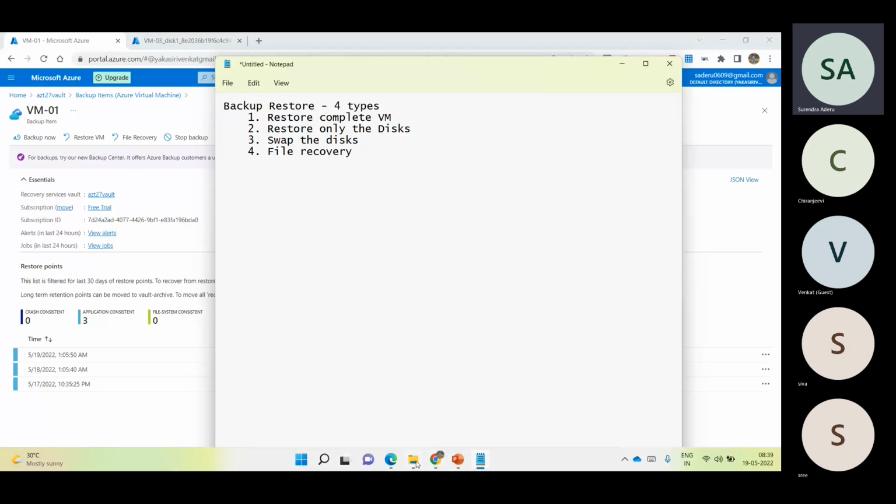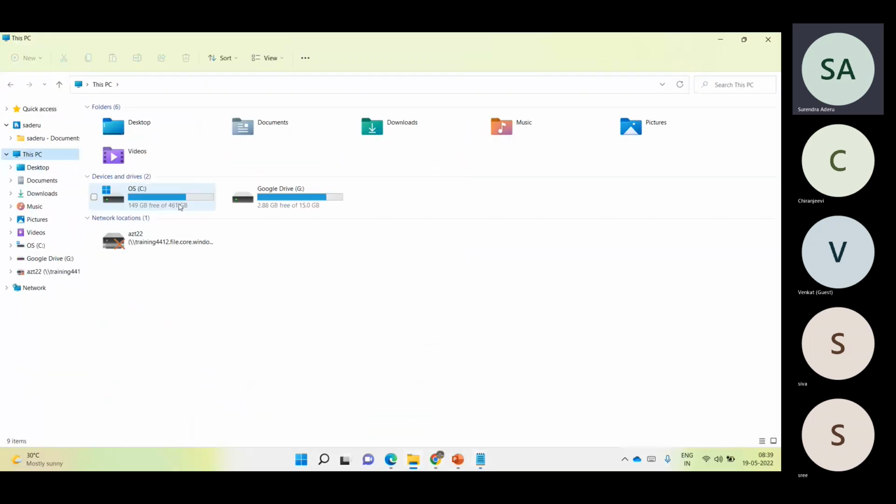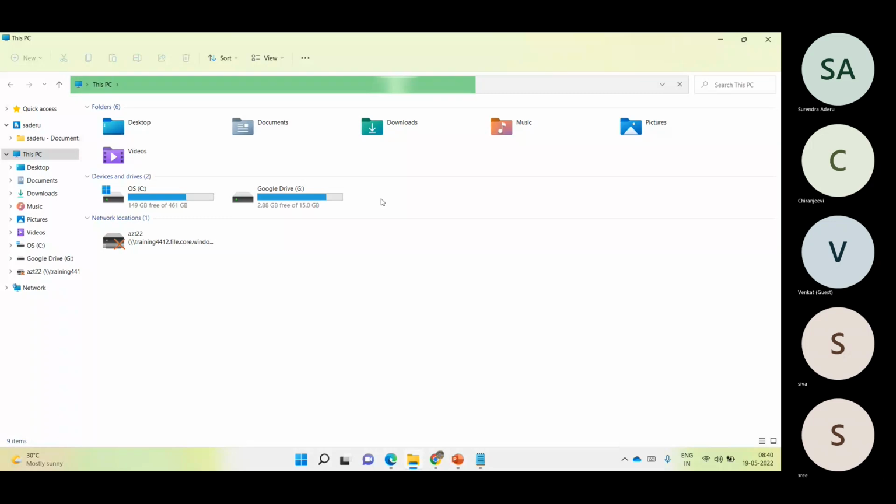So here, if I go to my PC, I only have C drive and G drive. I can get one more drive as a D drive of my Azure Backup VM. That will be added as an additional disk wherever I want. It can be my local laptop, your Azure virtual machine, your AWS virtual machine, or an on-premises VM. It doesn't matter. Wherever you run that process, it will attach that disk as an additional drive to your operating system